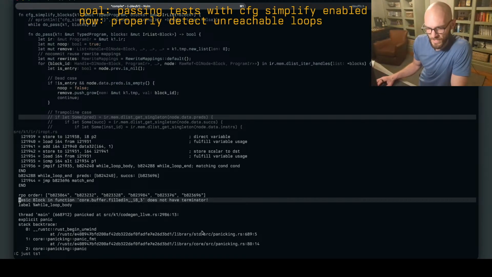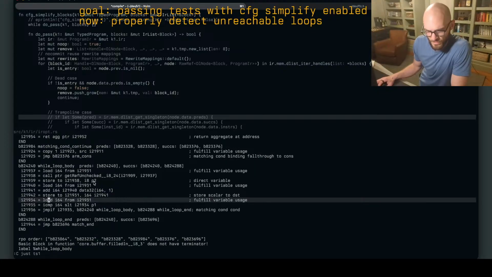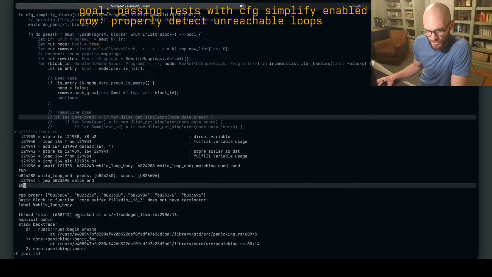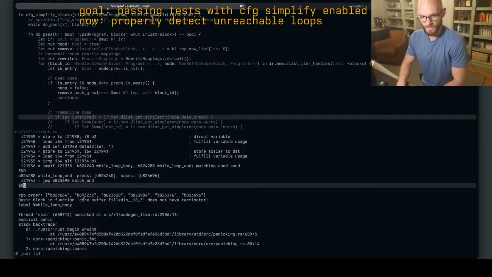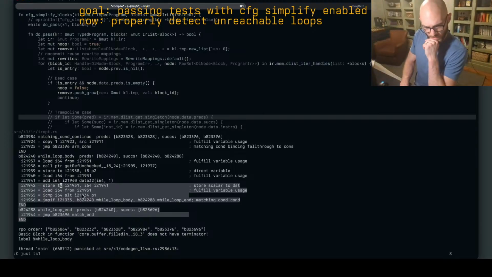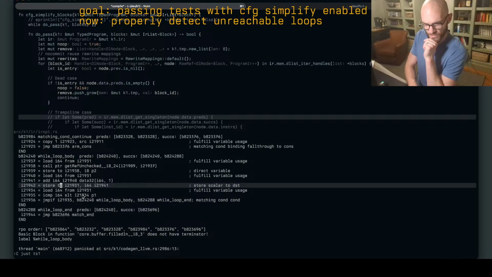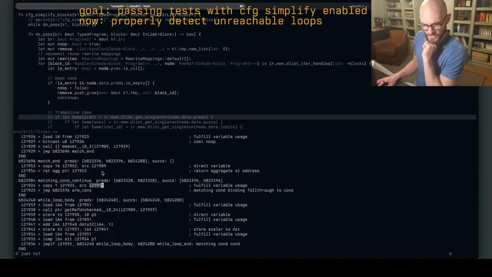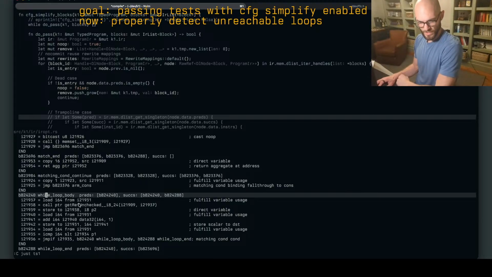All right, so running the full test suite now, we made it pretty far, I think, and filled in does not have a terminator. So that probably means that we didn't go to it, but that we also didn't eliminate it. So this is the bytecode we were compiling, and it says while loop body doesn't have a terminator. So as we can see, it only precedes itself. So this while loop body,